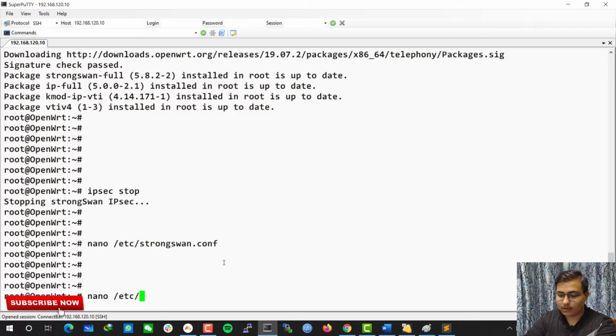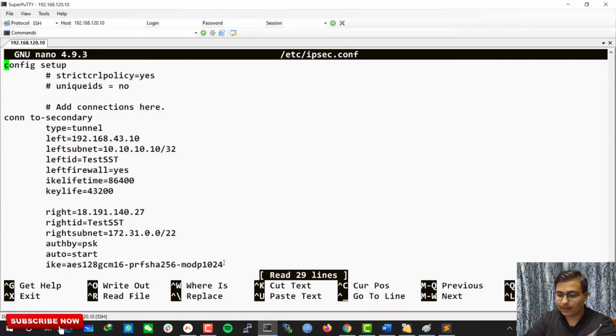After that we need to edit the ipsec.conf file, and in ipsec.conf you will do the config according to your server configs. In my case, my left IP, meaning my WAN IP, is this.